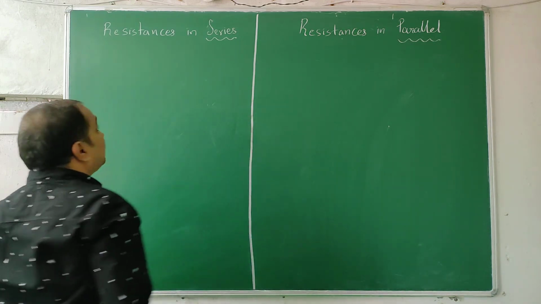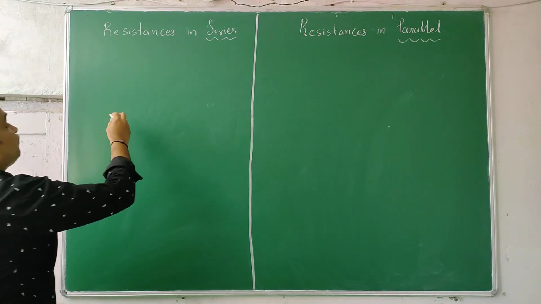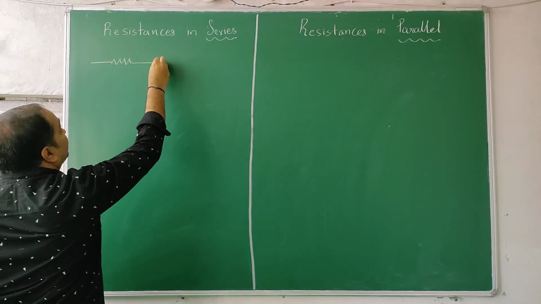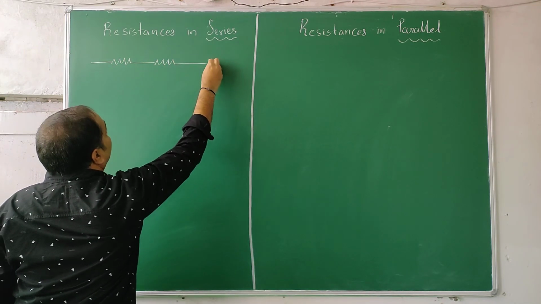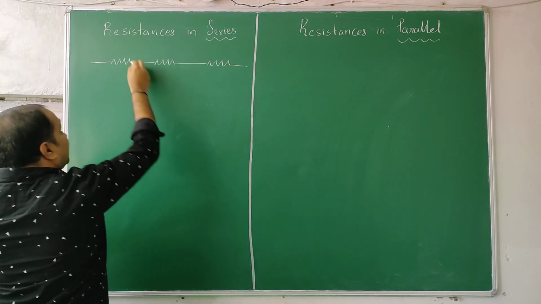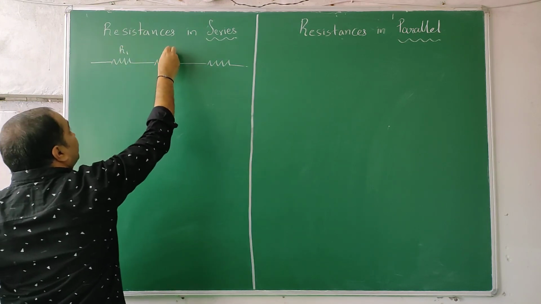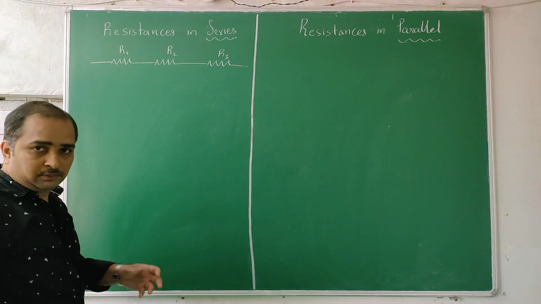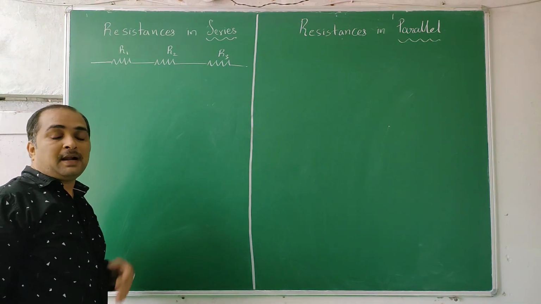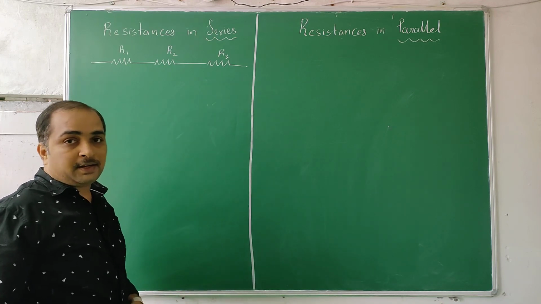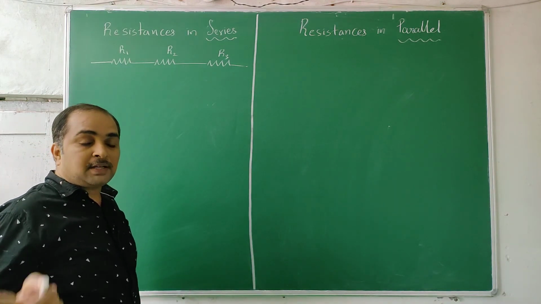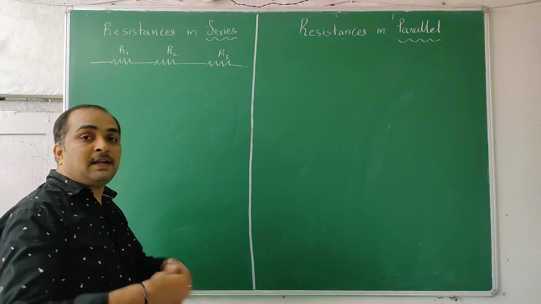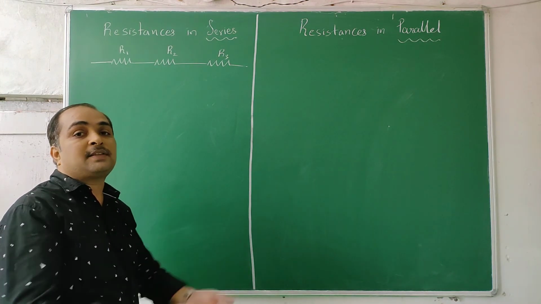So if I take three resistances, 1, 2, 3, I name them as R1, R2, R3. Resistance is something which consumes energy. Battery is something which gives energy in an electric circuit. So through the battery, charges will pass and gain energy. Through a resistor, charges will pass and leave their energy and go back to the battery. That is, the cycle goes on.